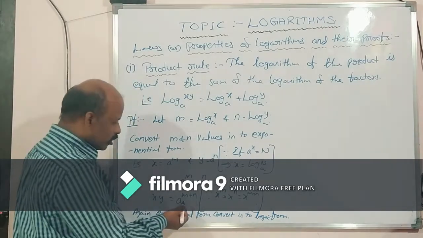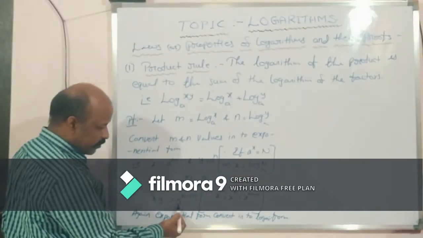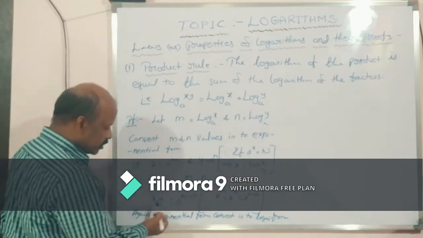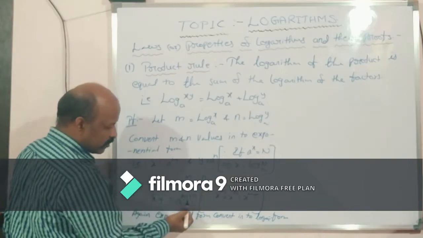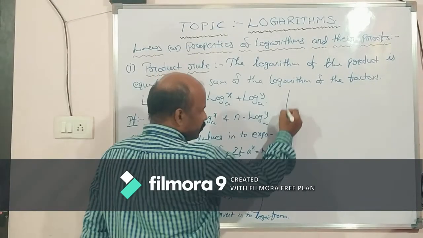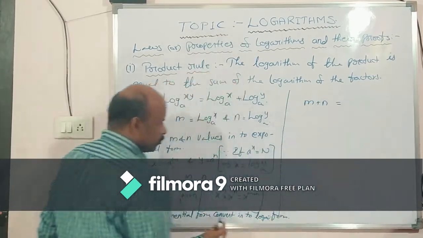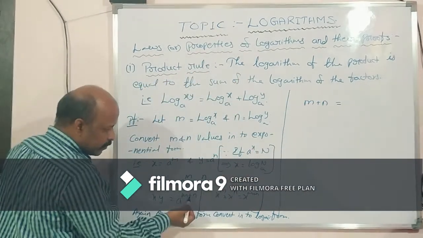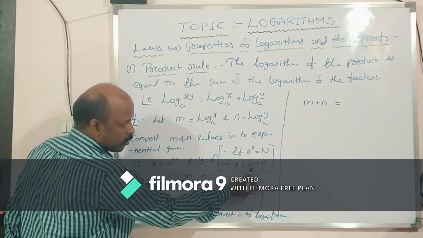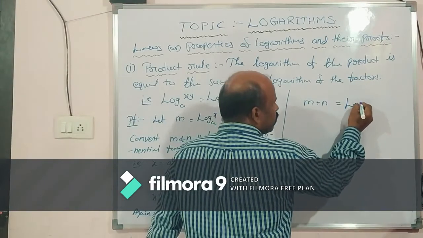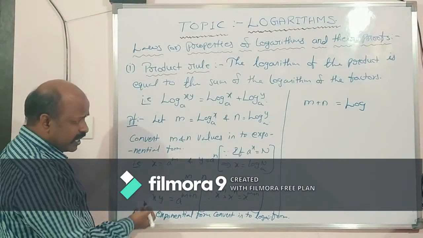So, if you write in the logarithmic form, how can we write this? It is a power x, here a power m plus n. Here n is nothing but xy. When we are comparing these two, here x is equal to m plus n. So m plus n is equal to log n base a. So I am going to write over here log n.